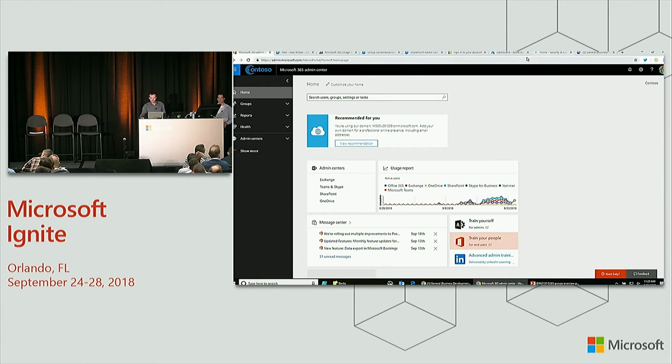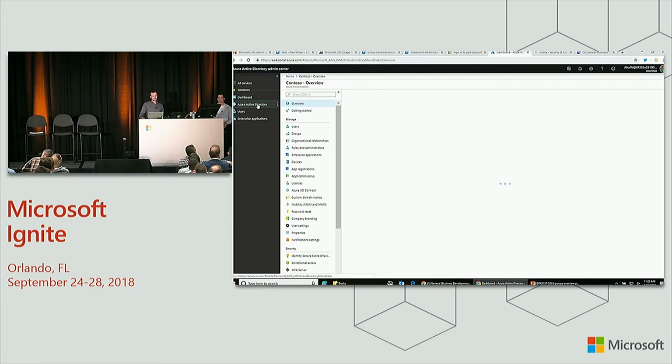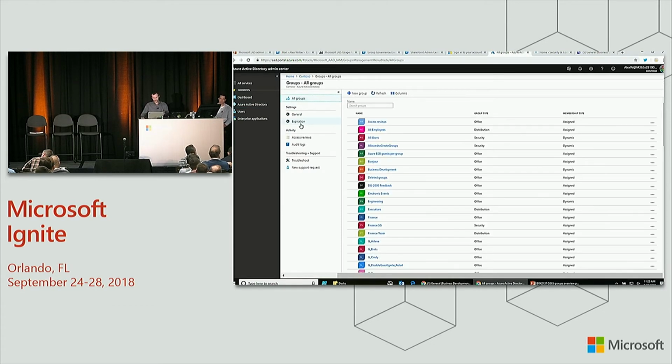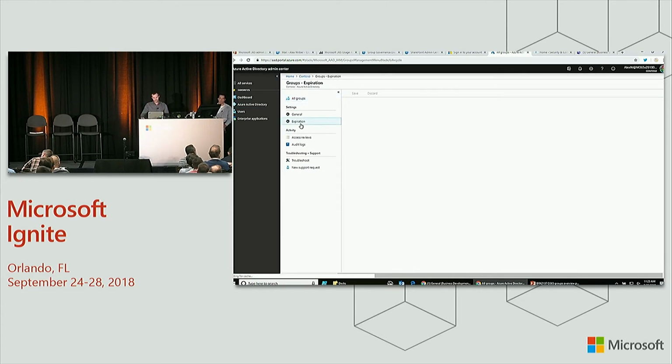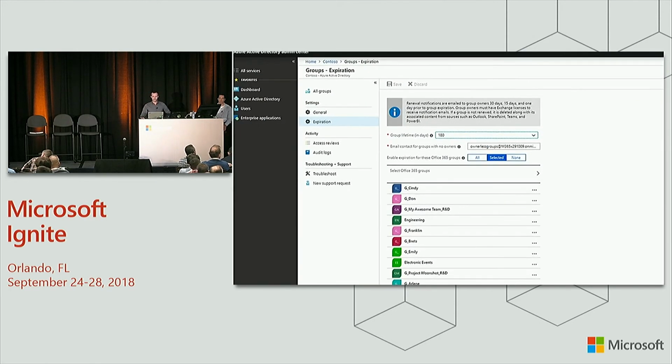So a couple things. I'm going to go to Azure Active Directory. So I go here, Azure Active Directory, you go to Groups. And you get this little node called Expiration. And you click here, and you get this UI to configure the settings. At a high level, you configure a lifetime: 180 days, that's our policy at Microsoft, 6 months. And then you get the settings, which is ownerless groups.